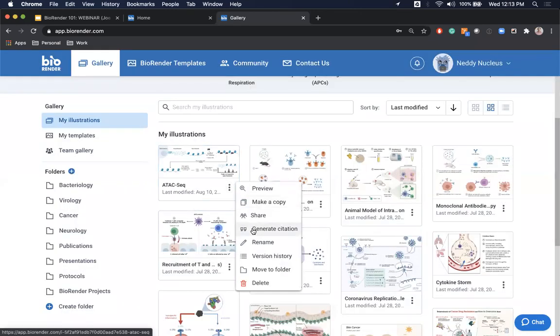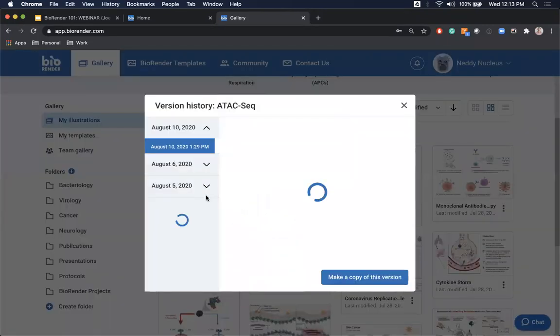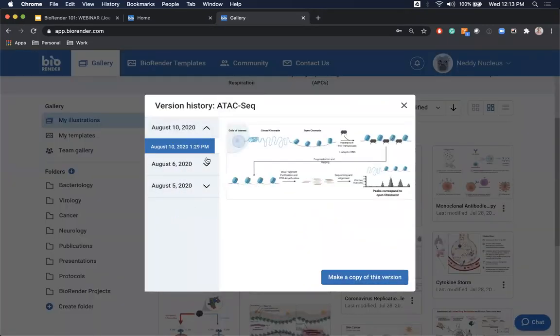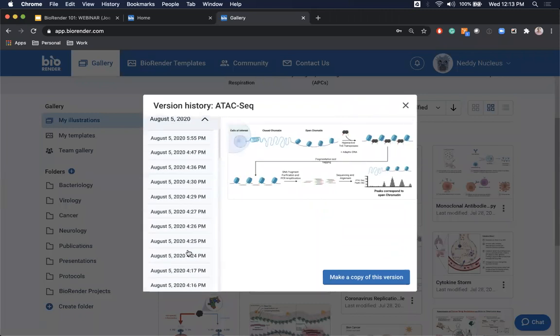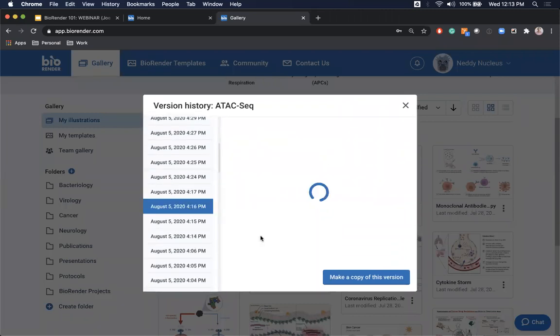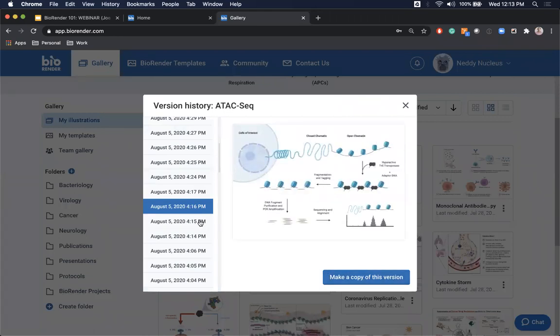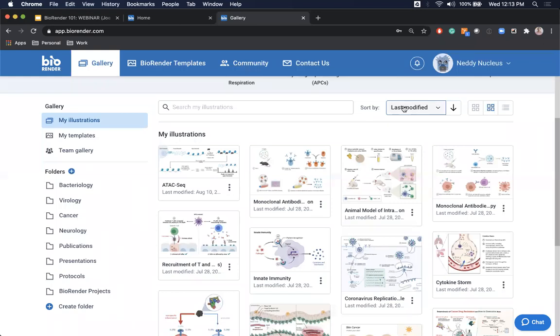Another cool feature we have at BioRender is this version history. So you'll notice throughout my demonstration that I won't hit save once. You can if you really would like to, but BioRender saves in real time. And what this allows us to do is you can actually go back through the dates that you were accessing your illustration, and you can click on any one of these time points, and you can make a copy of the version of that illustration, or if you were editing a template. And so that just gives you quick and easy access. If you made a change that you weren't a big fan of, you can, again, quickly and easily go back and make a copy of an older